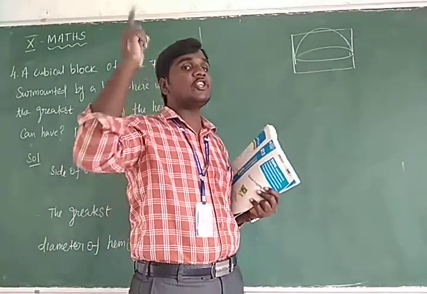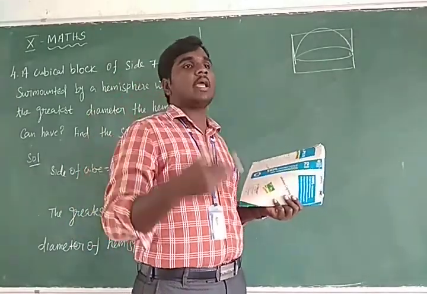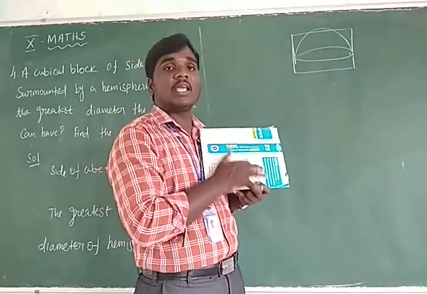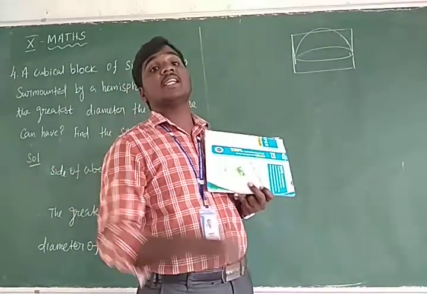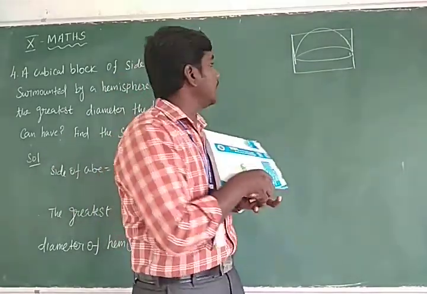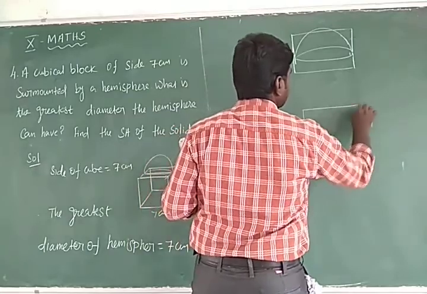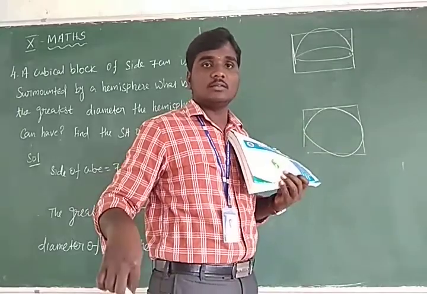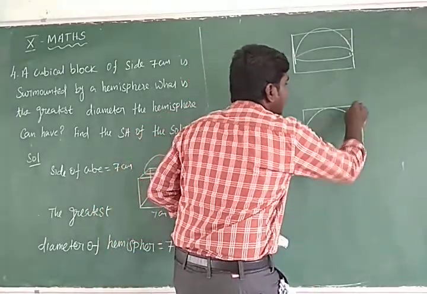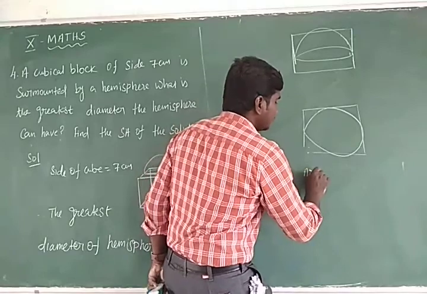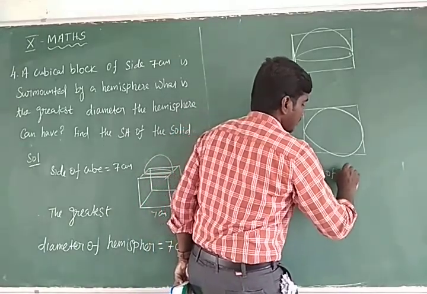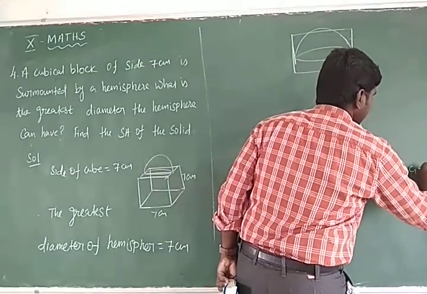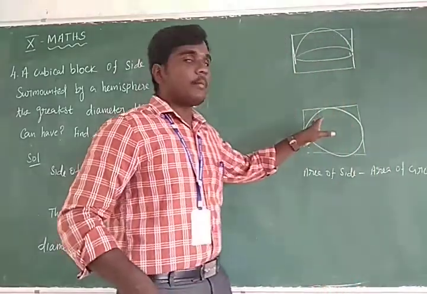You imagine it. There is a hemisphere bowl, assume it is a bowl. If we fit that bowl like that, what shape will it have? In that top view, what will it be cutting? That is a shape of circle. That is circle shape, you cut it. So for the remaining area we need, how do we find it? Area of side minus area of circle.